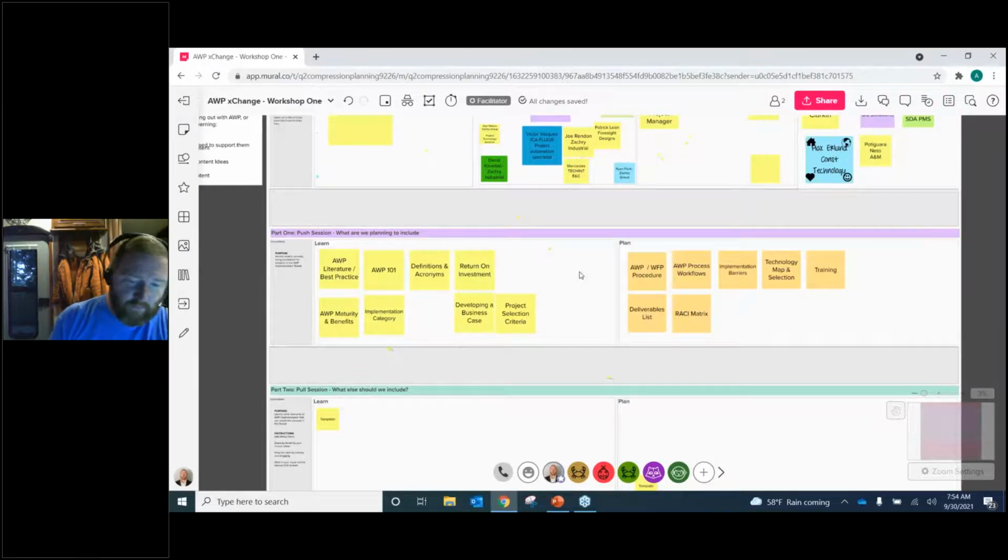technology map and selection. So when I say a technology map, what I mean is AWP technology is taking a whole bunch of things and grouping them together into one place. So we're not replacing P6, we're not replacing your estimating software, we're not replacing your commissioning and startup. But what good AWP technology like O3 does is situate itself in the middle and have links to all those different bits of technology so that you can understand what things need to be involved in making AWP successful from a technology perspective. We can look at training, what training is available, a deliverables list, what do I need to